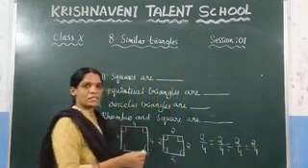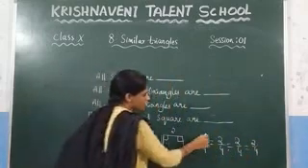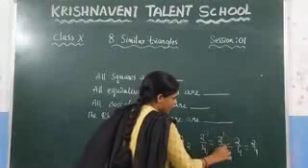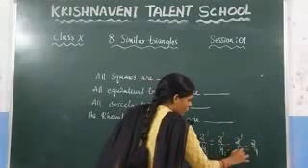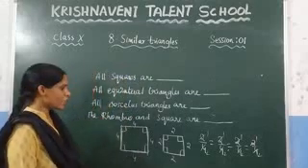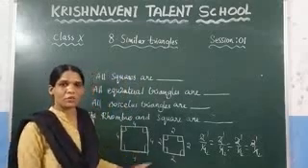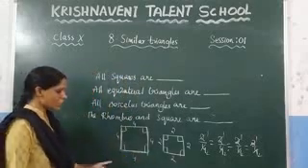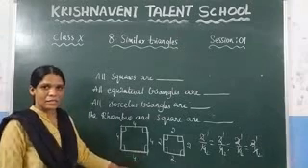So after cancellation, what did you get? You got 1 by 2 here, and similarly 1 by 2 here. Here also you will get 1 by 2, and here also you will get 1 by 2. So again, the second condition is also satisfied. So the first condition must be that the corresponding angles are equal, and you